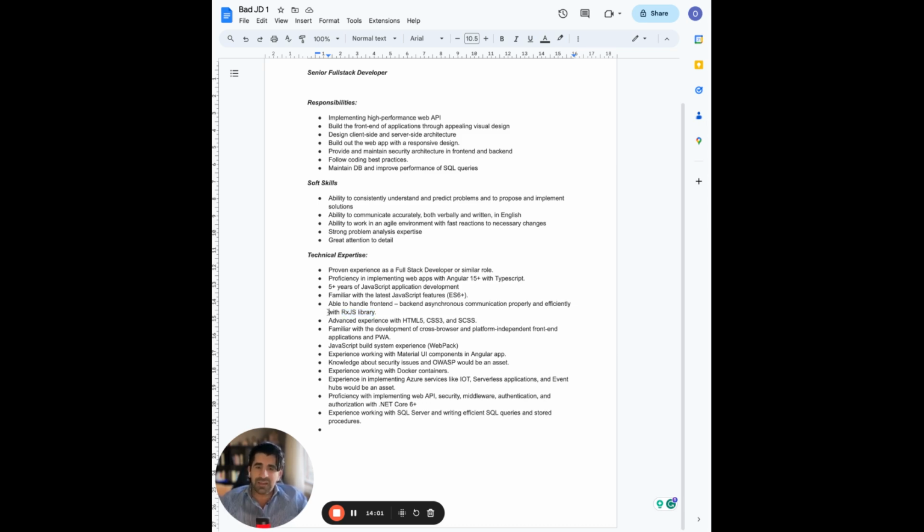What you could have done is said, ideally with the RxJS library, instead of specifically with the RxJS library, and mention any library or no library is fine. You don't need to specify this one. This is easy to pick up. I can pick this up. I've never even heard of this, by the way.